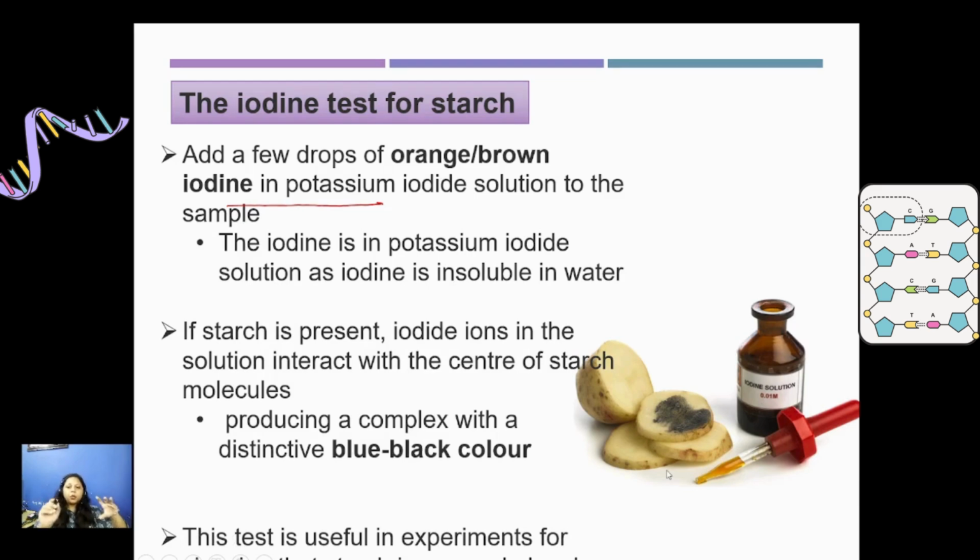Okay, now you can do this at home easily as well. You might not have Benedict solution, but you have this. You can perform this test at home. Simple. Take the povidone iodine, or the tincture of iodine that we commonly use as antiseptic. Just take few drops and put them on a slice of potato, and you can easily observe the change. Just simply perform it and you will get your results.